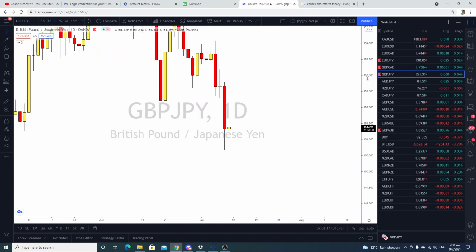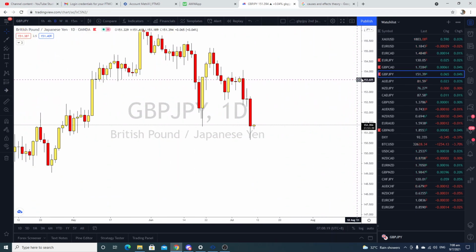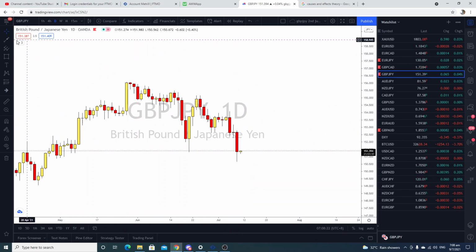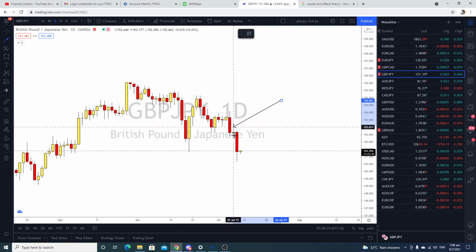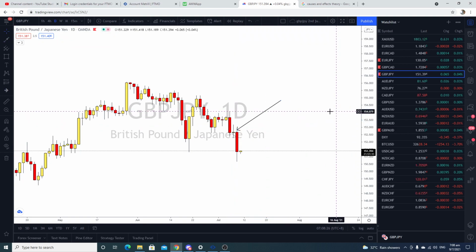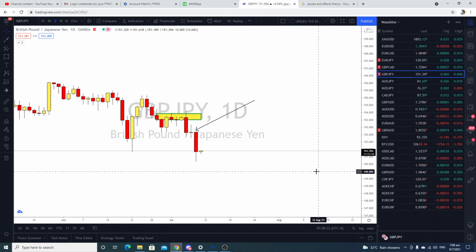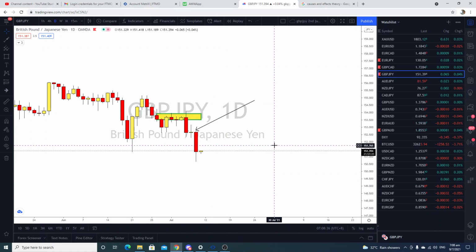Daily close. See, for instance right now, daily close, look at this. This market goes down, it's an effect. What is the cause of the effect? This base. Drop, base, drop. Now the effect already happened. So assuming I want to look for a sell, the buyers must be weak, the sellers must be strong. The daily looks like the sellers are closing strong.